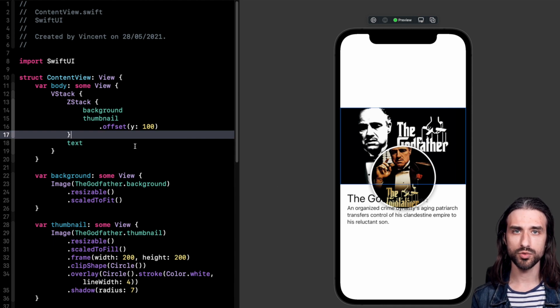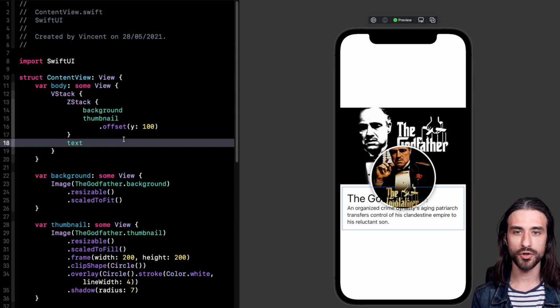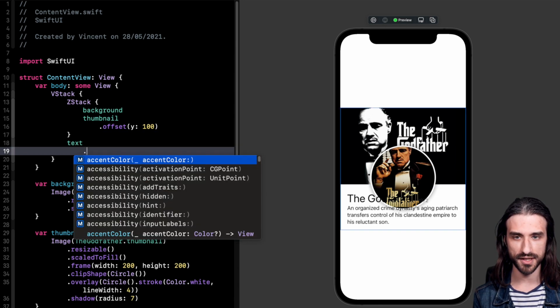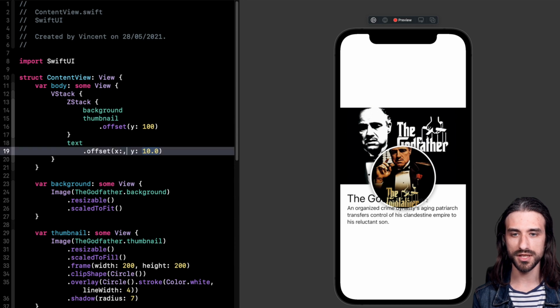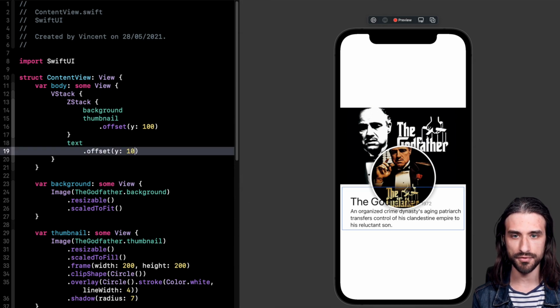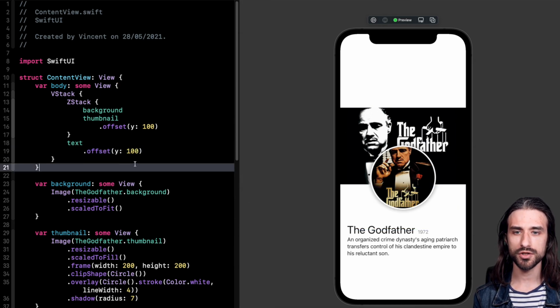So we need a way to also adjust the position of the image. And here, the initial thought might be to also use offset on the text. So let's do it and also use offset of 100. It does work, but we can see that something is kind of wrong. And what's wrong is that the text now needs to know about what has been done in the ZStack